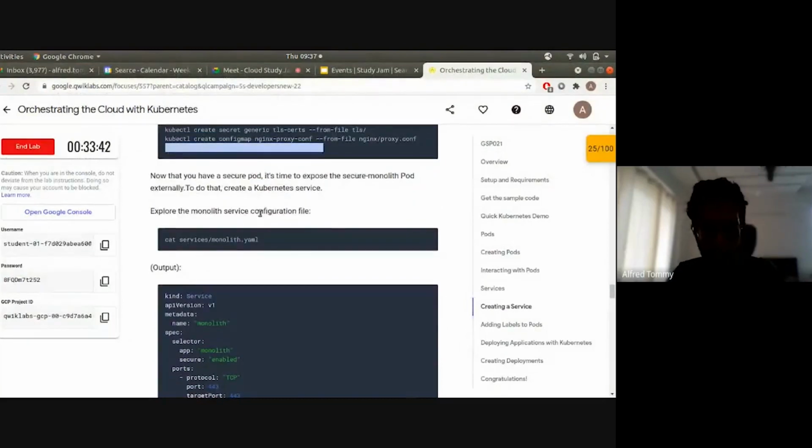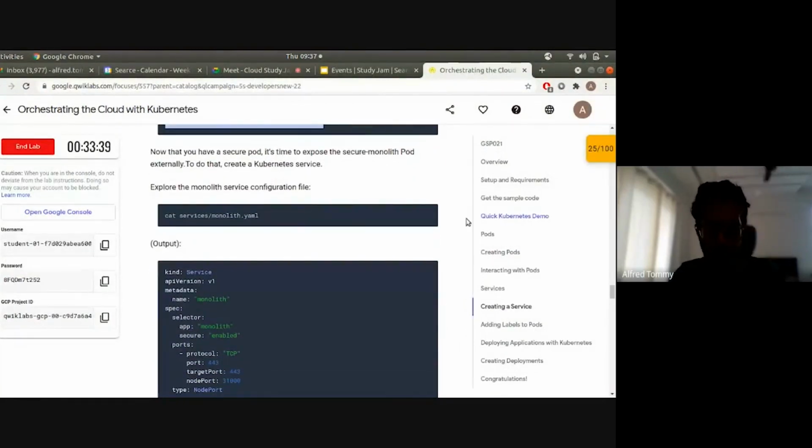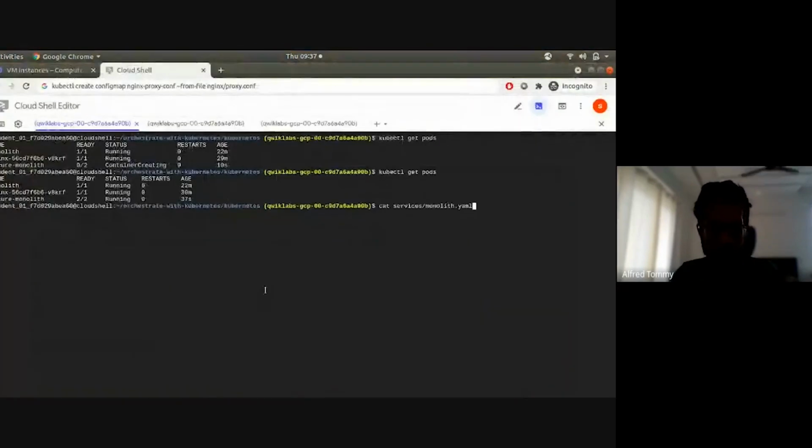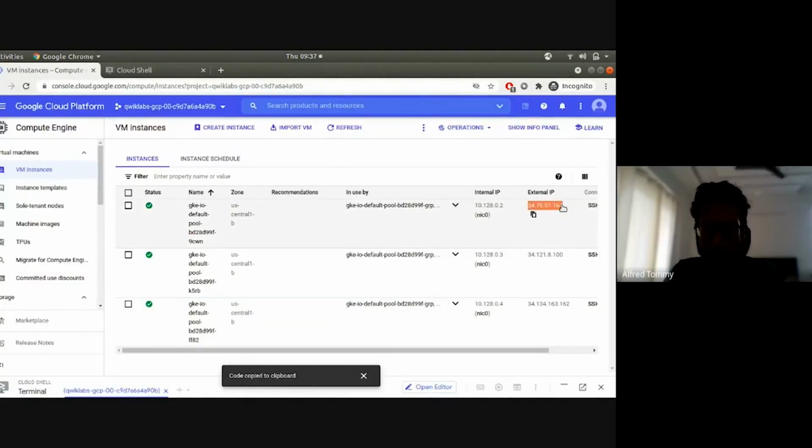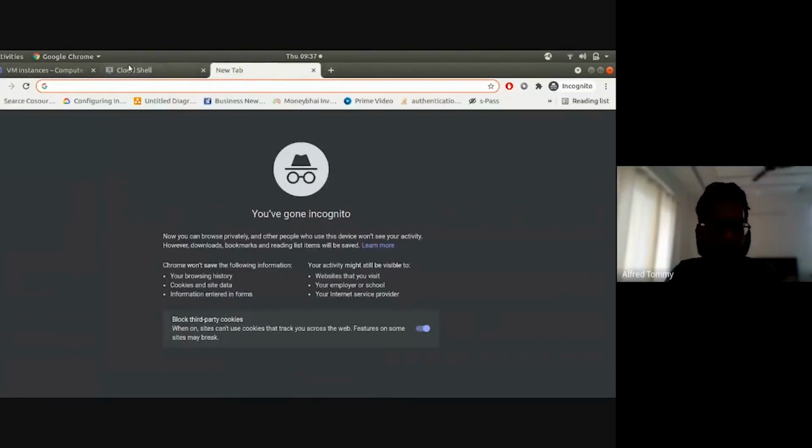So now that we have our pod ready, let's expose this pod. Let's take a look at the service file here. Here we are exposing this monolith as a type NodePort, and we're mentioning the node port number also as 31K. This means that essentially my monolith service is going to be exposed on all of my node public IPs over port 31K. So if I go to my compute engine here, after creating the service, if I pick up any of these Kubernetes nodes' public IP and I curl it,